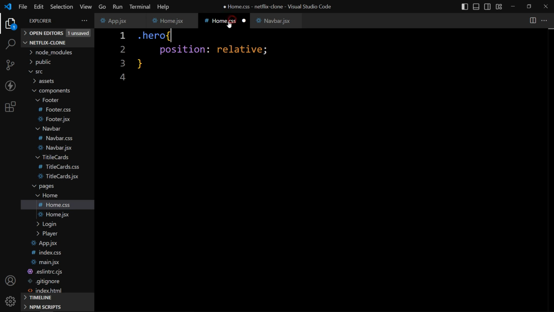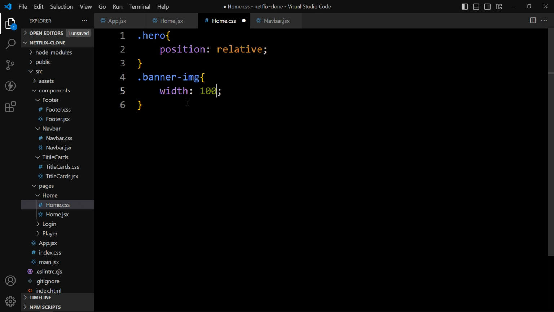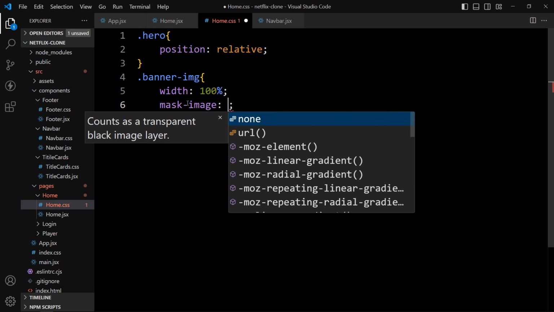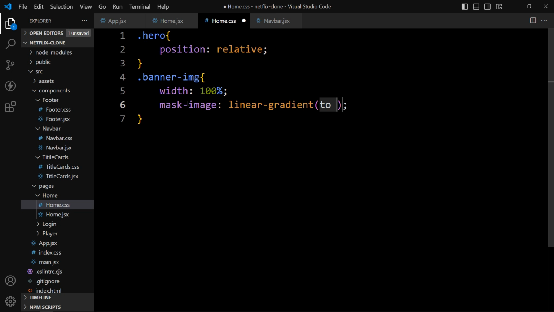Then after this we'll add this class name which is banner-img. Just copy this one, add it here, and for this banner-img we will add the width. So the width is 100%. On this image we will add the linear gradient color. So let's add mask-image: linear-gradient to right.